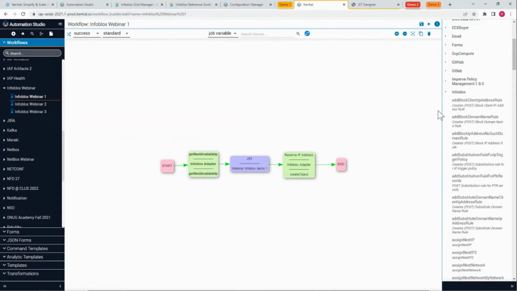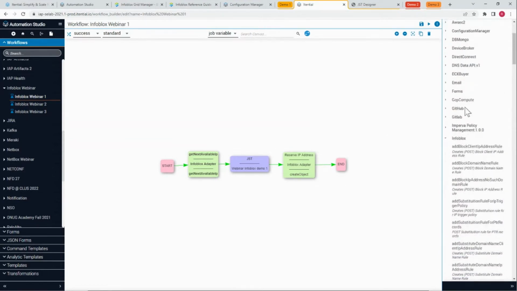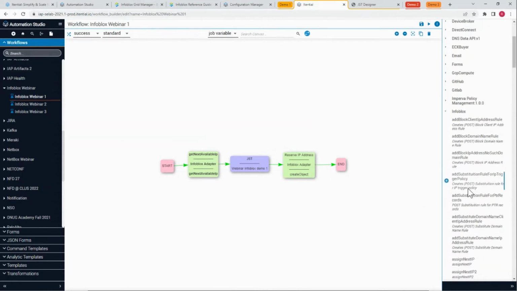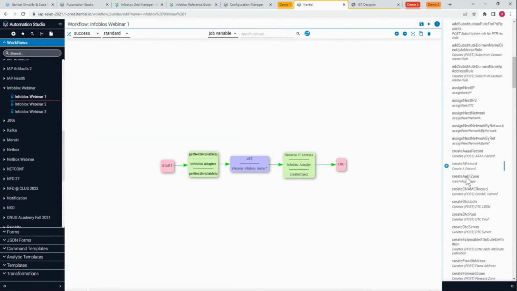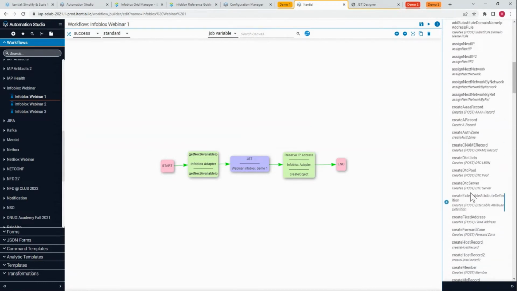That's what you're looking at here, where you can build your own workflows that can be run as an automation. And you just take elements from the different systems, network systems and IT systems that you onboard and plug them into the workflow as steps, as tasks, we call them, or steps in the workflow. And it starts here. So how we get an IP address, basically you get all of these Infoblox API calls